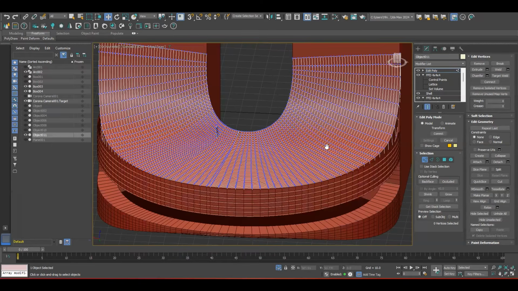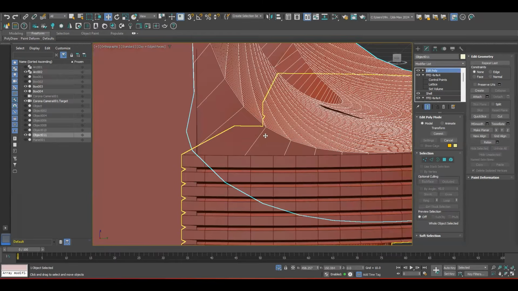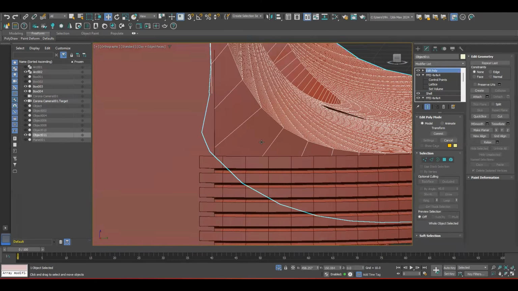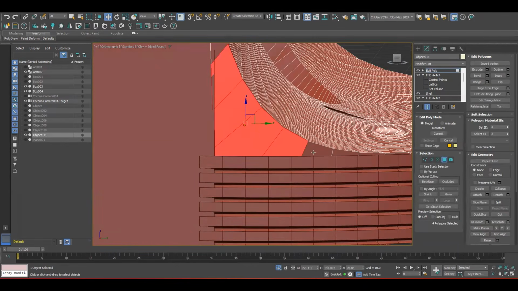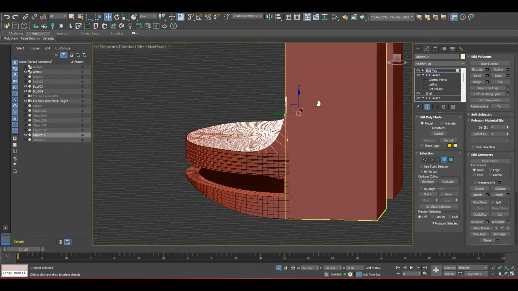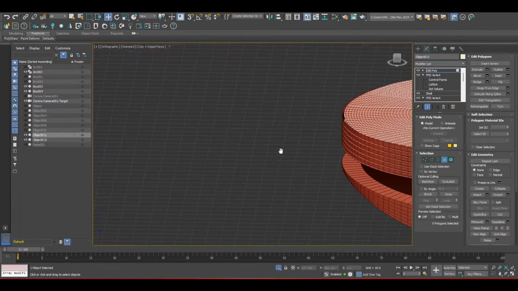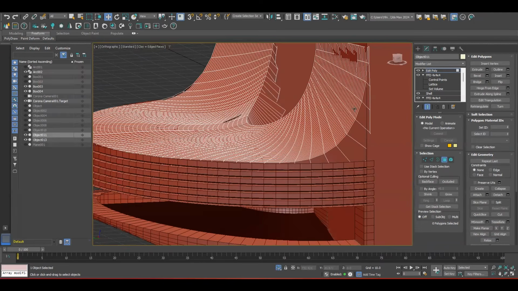And once you do it this way, you can get that last panel here by just separating the structure and doing an extrude for the inside. And the same thing here, same side.